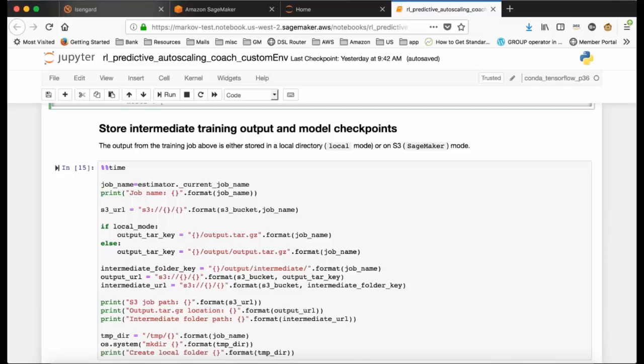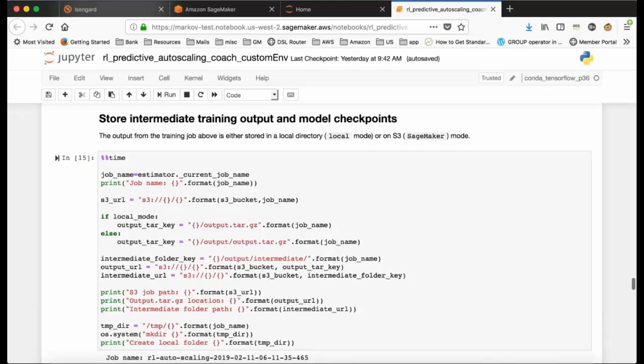If, let's say, your reinforcement learning training is generating certain videos, these will get copied to a certain S3 location, and you can go and look at the videos to see how the training is progressing. Similarly, you can look at different metrics like the reward function as to how it is progressing. And based on that, you can decide what you want to do in terms of either a different parameter selection